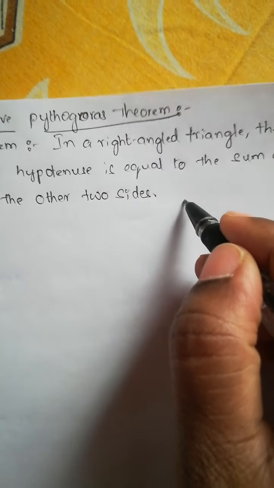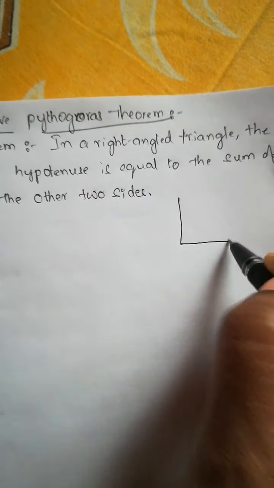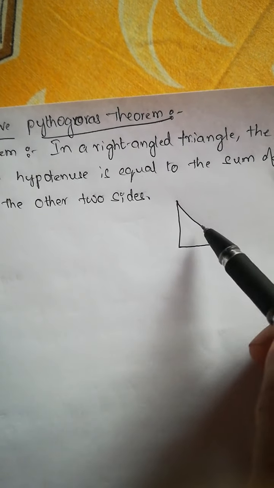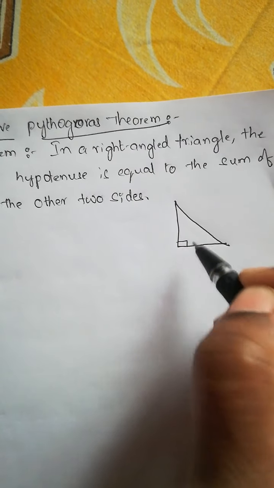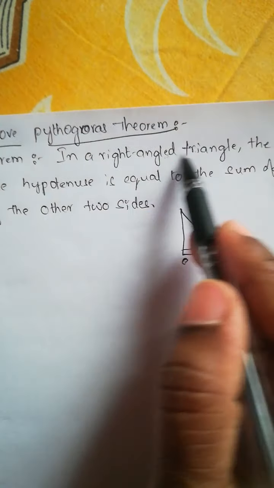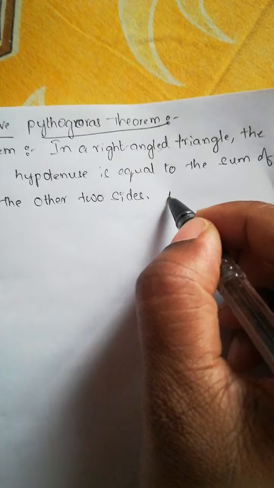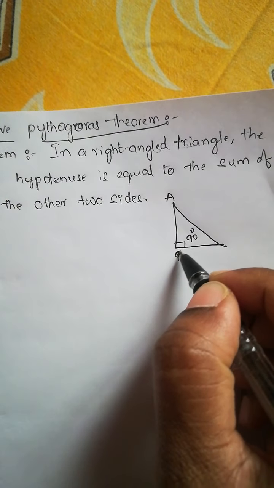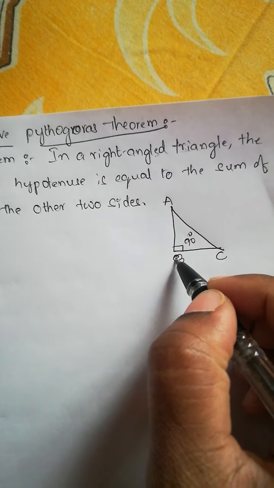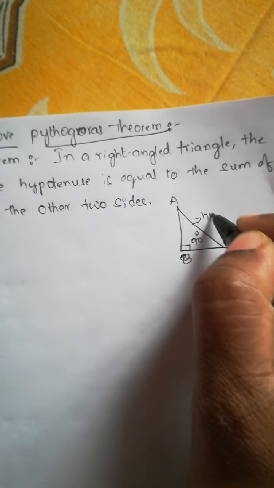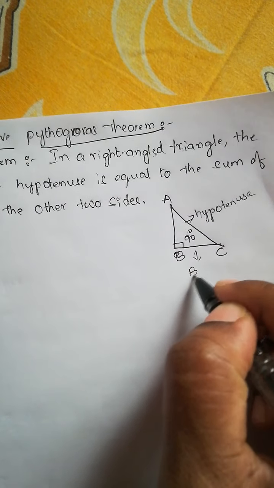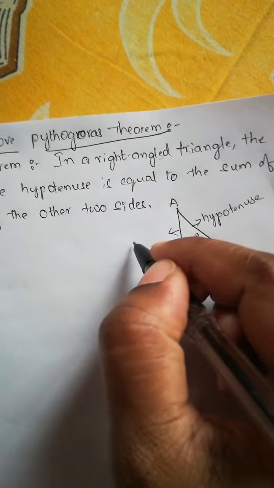All of us know that in a triangle, three sides will be there, and it is given related to a right angled triangle. And this is a right angled triangle because here it is 90 degrees. If you take a compass and measure the amount of degrees here, we'll get 90 degrees. In a right angled triangle, let us name the triangle as A, B and C. This triangle is right angled at which vertex? At vertex B. And this is called the hypotenuse, this is called the base, and this is called the perpendicular.